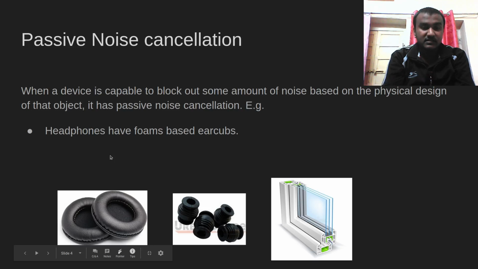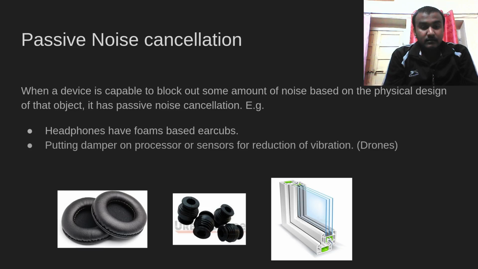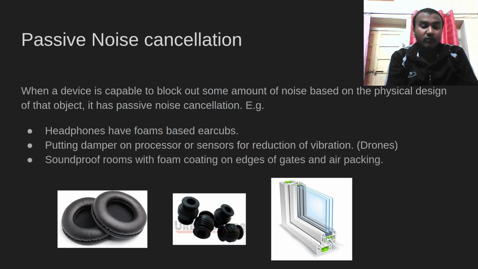earbuds or ear cups that are made from foams. The second example is dampers. It's used in circuits where vibration may occur, like drones. The third is soundproof rooms where foam coating on the edges of a window or door